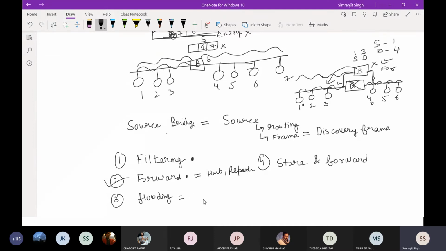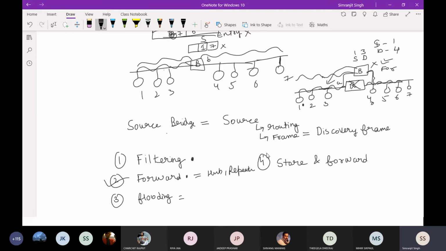Okay, so flooding means that from both sides of the port, it is sending a signal to know that a new device is connected. This is achieved by flooding. Suppose a new device, the 7th, is introduced in the network. How does the bridge come to know that there is a new device? From both sides of the port, it sends a message and it will receive the acknowledgement. This particular thing is called flooding. So from both sides, it sends a particular message to all of the workstations to see whether a new device is connected or not.